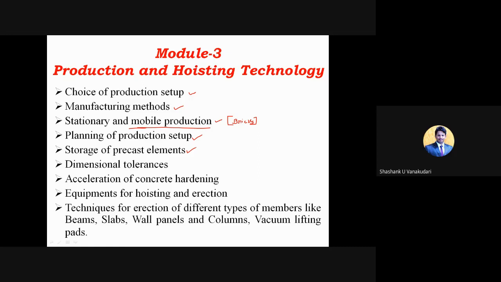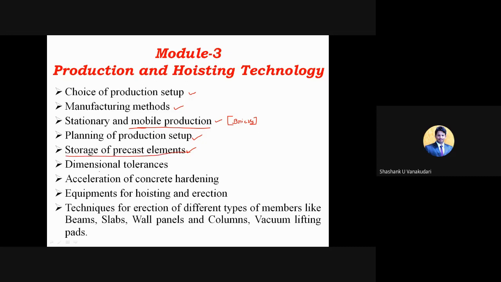Unlike how you place bricks one above the other, you can't place these structural elements like that, because they are heavy. If you place them without proper gaps or safety precautions, cracks may appear on the lower part of the structural member. So storage of precast elements, not only wall panels, beams and all, various structural elements are there, and we are going to study the storage of those precast elements.